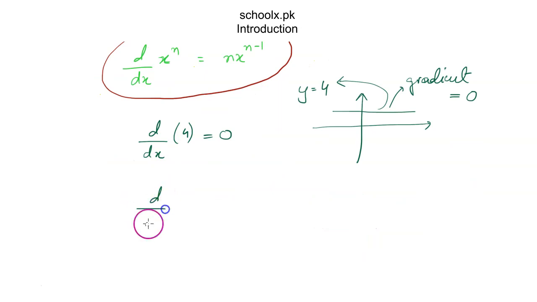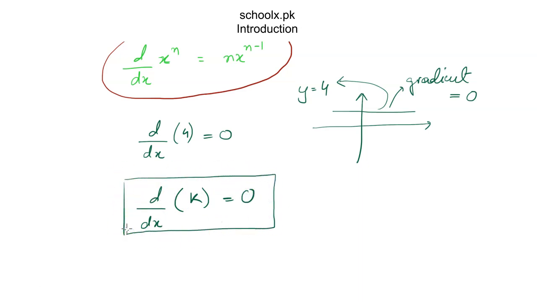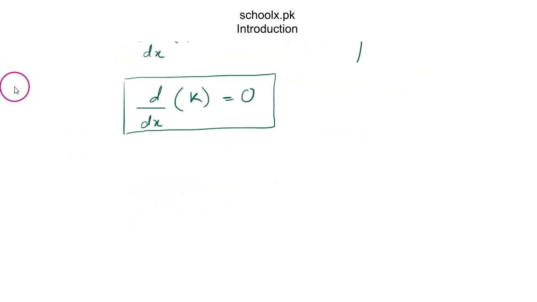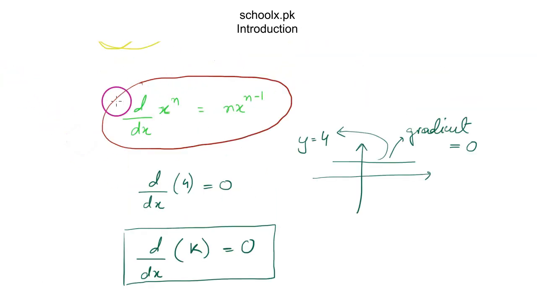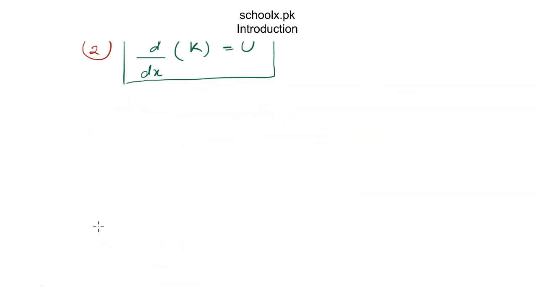Now you need to learn this one: d by dx of k, where k is a constant number, is 0, right? This is the first thing you need to learn. This is the second thing. And the third thing is,